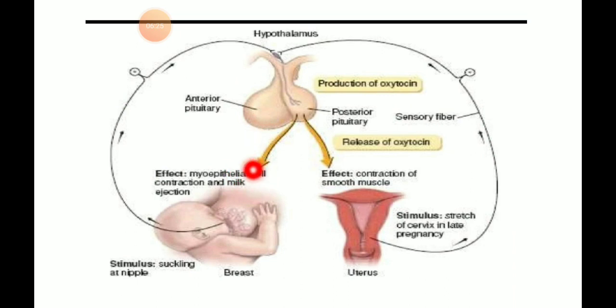So, it will stimulate the myoepithelial cell, a modified smooth muscle which surrounds the alveolar ramification of the mammary gland, and causes expulsion of milk from the alveolar lumen. And as I said, the sucking is basically acting as the stimulating impulse. So, this is termed milk ejection or milk let down. And the milk ejection reflex, as I said, is initiated by the stimulus of sucking, which results in the release